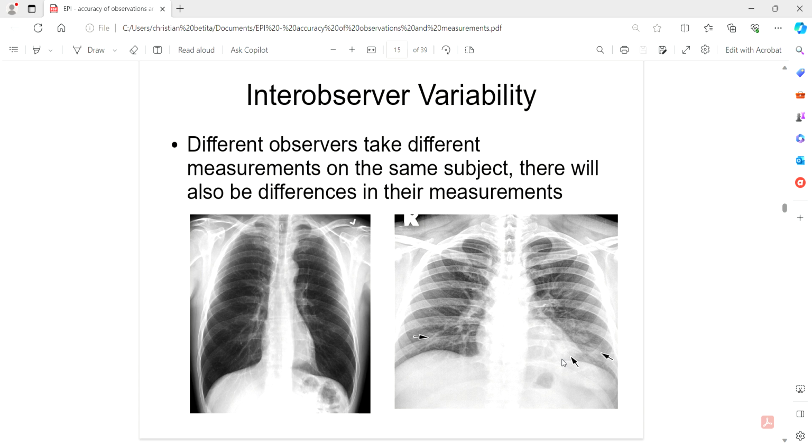So the left chest x-ray shows clear lung fields, and on the right naman, this may be read as either clear or it may be positive for bilateral lower lobe infiltrates depending on the reader. Okay, so some radiologists might read this as clear, some radiologists might read this as positive for bilateral lower lobe infiltrates, and those infiltrates are shown on the arrows. Because alternatively, these could be blood vessels. Okay, so there are some people who will read this as positive for pneumonia. Others will read this as negative. Okay,